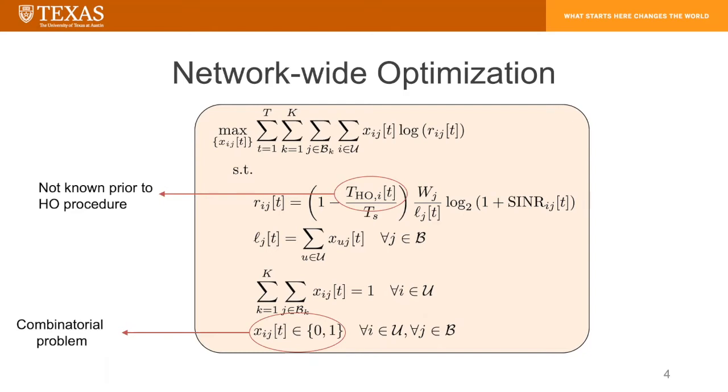For the presented network model, this is the base station association optimization problem, where the objective is to maximize the log utility over time so as to have a fair rate distribution across users. This is a combinatorial problem because the association indicators have an integer constraint, which when combined with the outer summation over T results in a large search space. Even if we can work around the computational complexity, the problem is still not practically feasible because the handover interruption times are not known a priori.